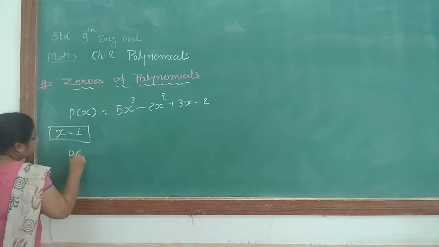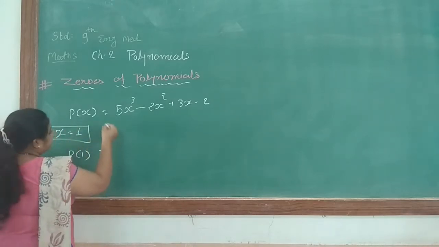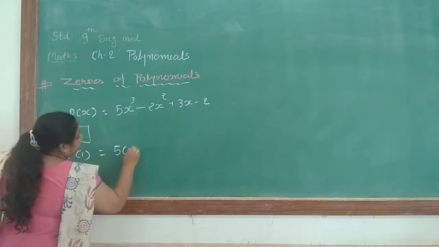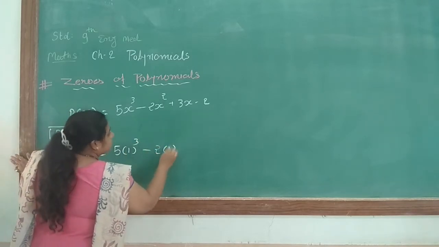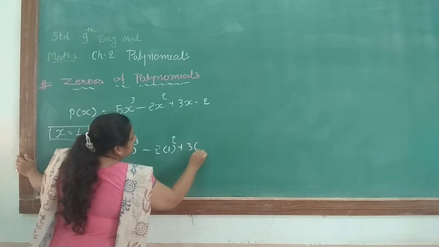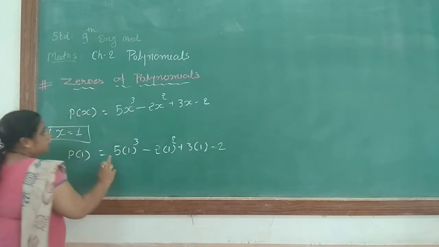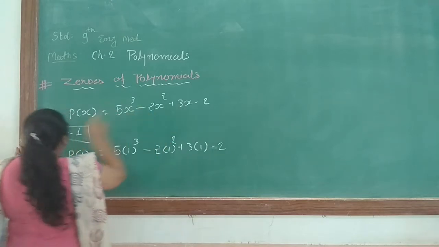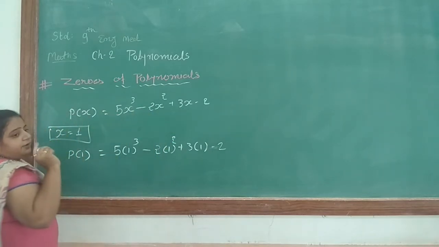So P of 1, in place of x we will use 1, 1, 1, 1. So wherever x is there, I put the value 1, because in the question it is given to replace